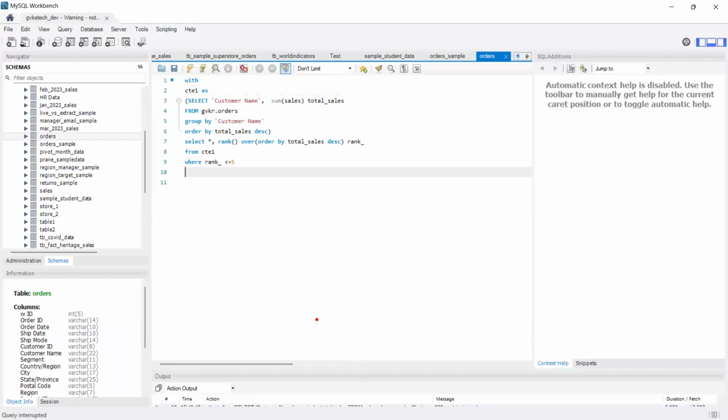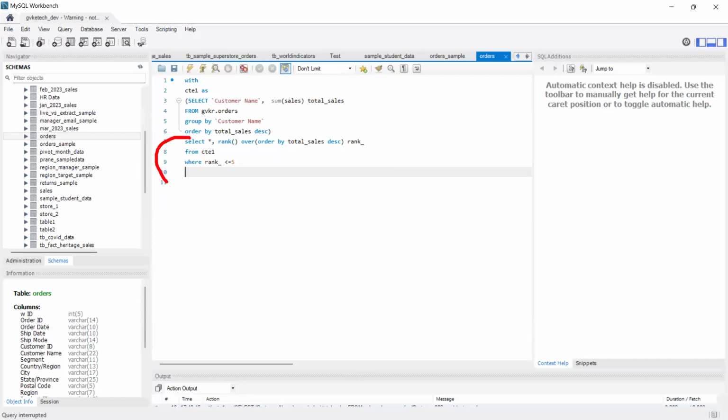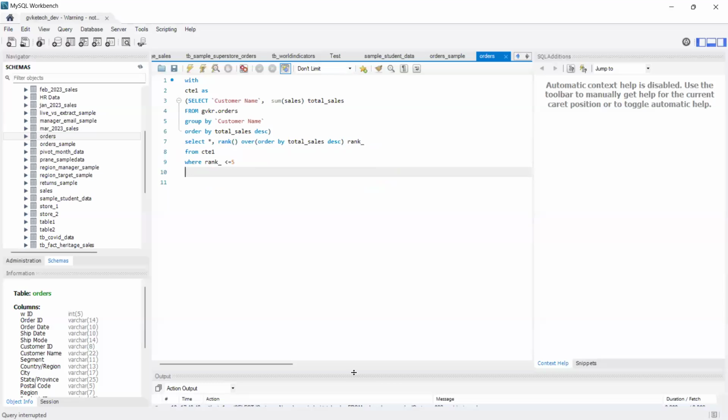Why? Because if I write table calculations or analytic functions in a select statement, in the same query I cannot use the same rank function as a filter here. This is not allowed in any SQL, any database. Let me repeat it one more time. This is the select statement here. In this select statement, we are using the rank function. If you use the rank function in the select statement, in the same query we cannot use the same rank function as a filter. We cannot use the filter here in the same select query. Because of that reason,